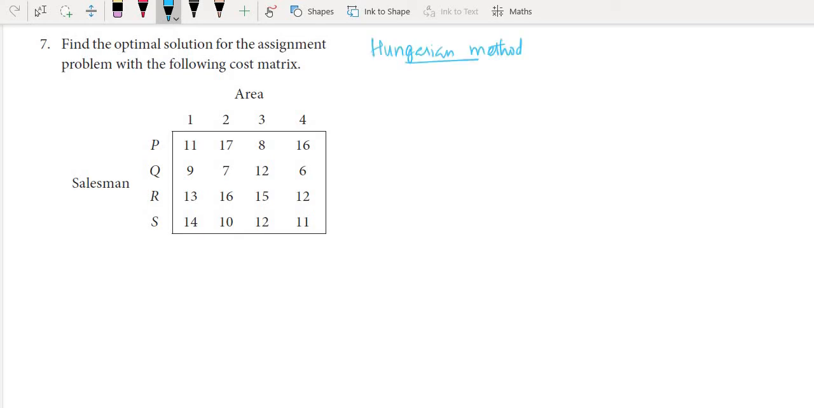Before that, we are going to check whether the problem is balanced or not. Actually, we have 4 salesmen and 4 areas. So number of salesmen is equal to number of areas. This means that the problem is balanced. So step 1